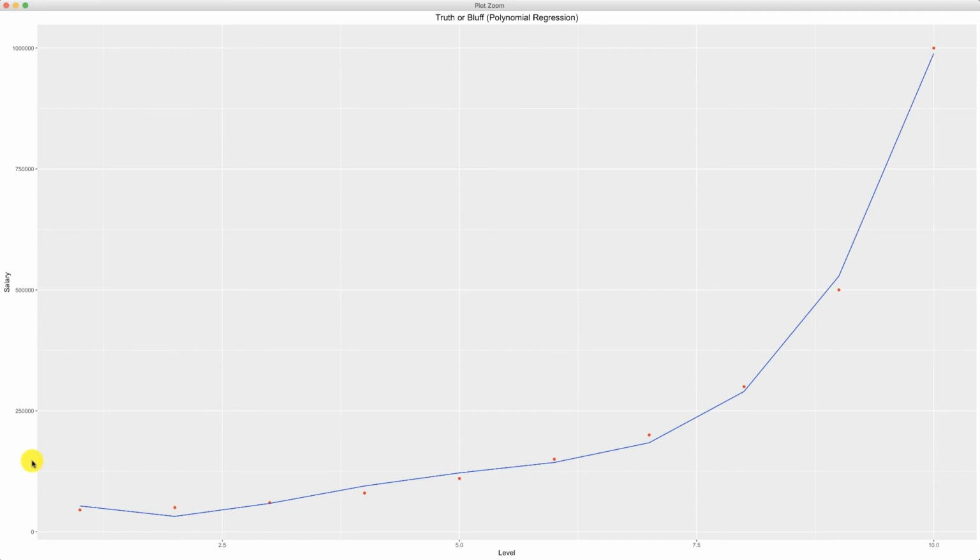And for those of you who are interested in having a more continuous curve here like we did in Python, I will add the code for that job in the R file provided in this section. You can check it out for fun, and this is the model we're going to use to get the accurate prediction of the previous salary of this new employee that is about to be hired, and we will compare it to the salary that he pretended to have in his previous company, and eventually tell our final verdict whether it's truth or bluff. So I look forward to doing that with you in the next tutorial, and until then, enjoy